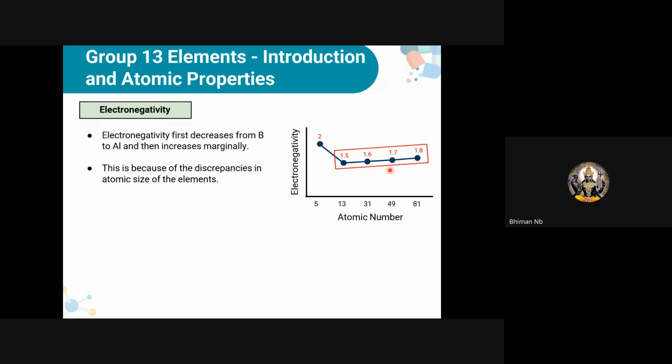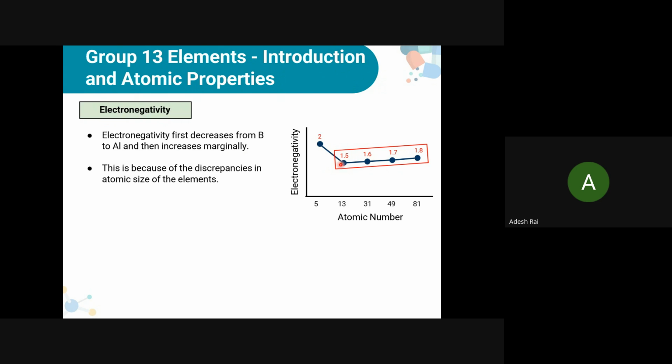Sir, boron desperately needs that electron for stability. No, but boron is the most electronegative of all. Anyway, fine. But down the group, you can see that first